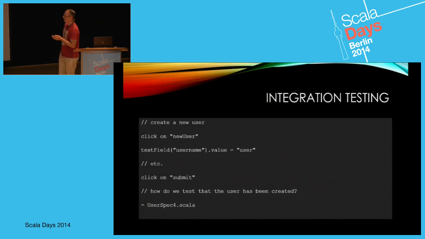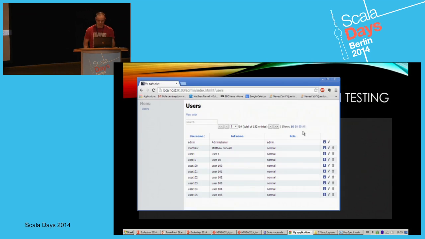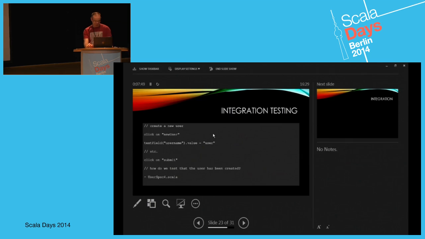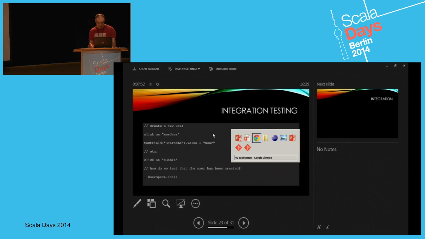Now, the question is, we can write all of these tests in Selenium, okay? But how do we test that the user has been added? One thing we could do, this is not excluded, is check that this total here, 132, becomes 133. We could check that, say, we do a search and make sure that there's nothing in that list. But actually, what would probably be better, and it obviously depends on your context,